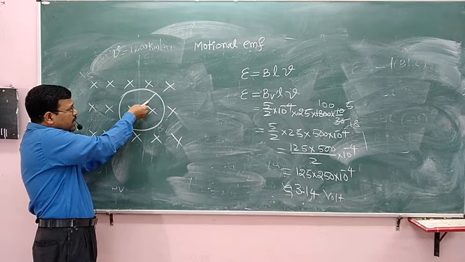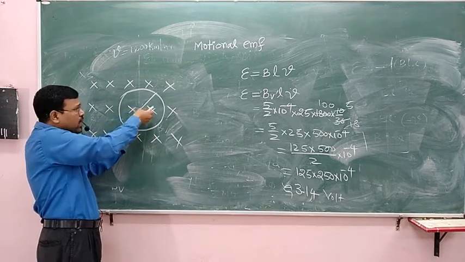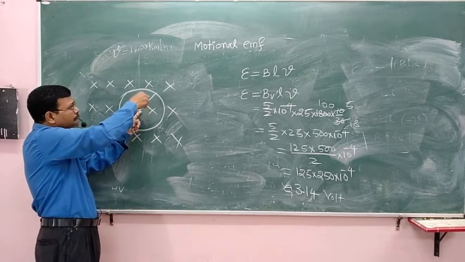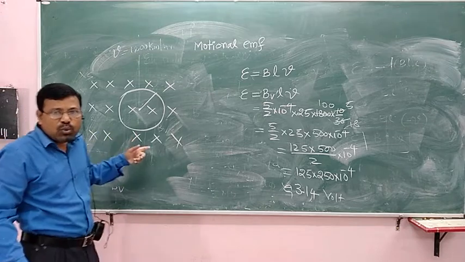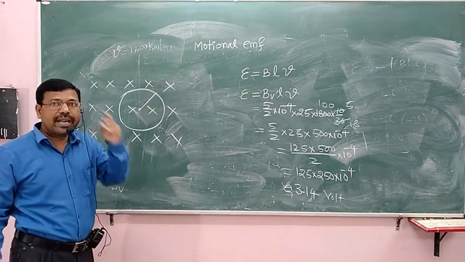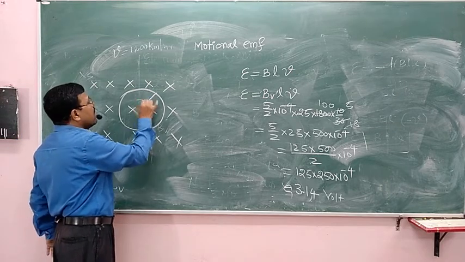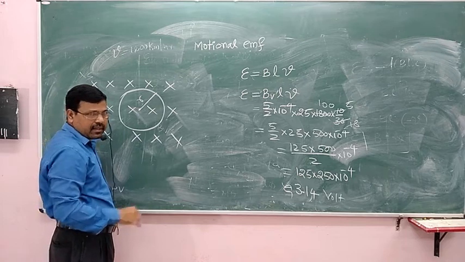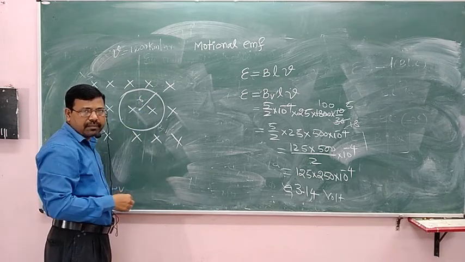When the conductor rotates in the circular path, the magnetic field linked with the conductor changes. Induced EMF is produced in the conductor, which we call rotational EMF. The length of this conductor is equal to the radius, r. The circumference is 2 pi r.